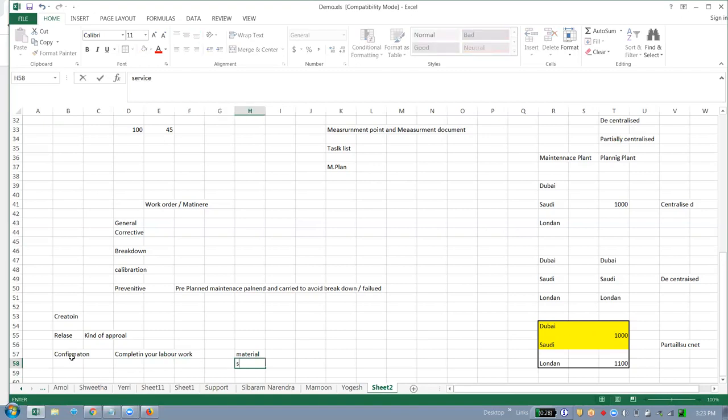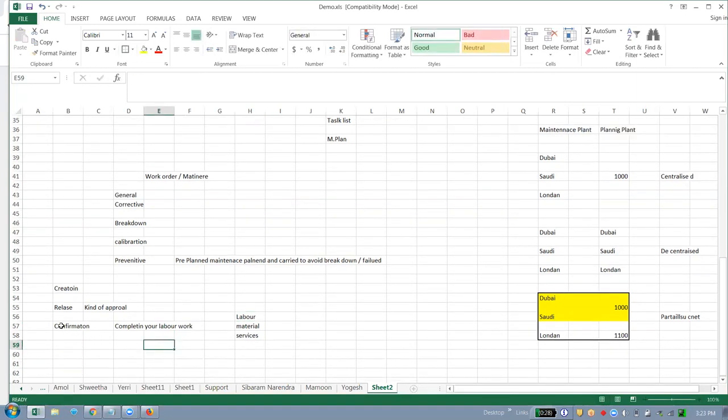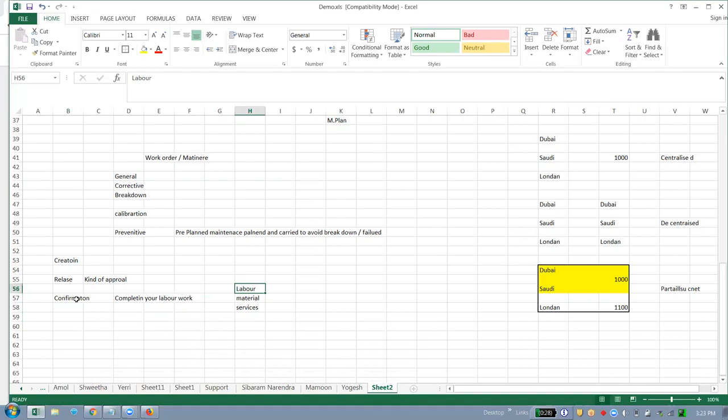These are the 3 ways in which maintenance is carried out: labor, materials procured, and third party outside services coming in. These are the 3 ways the cost will flow in your maintenance order. So this confirmation is related only to your labor and not to any other.